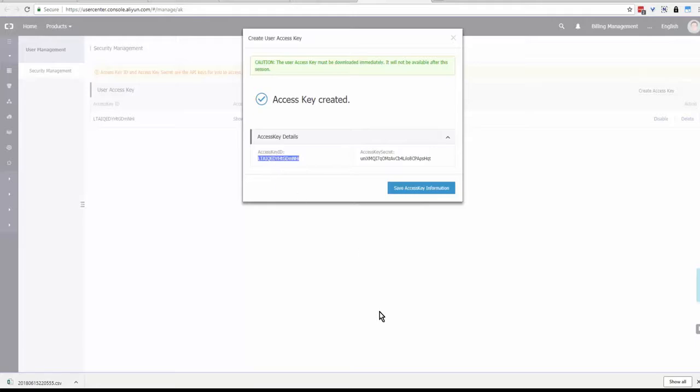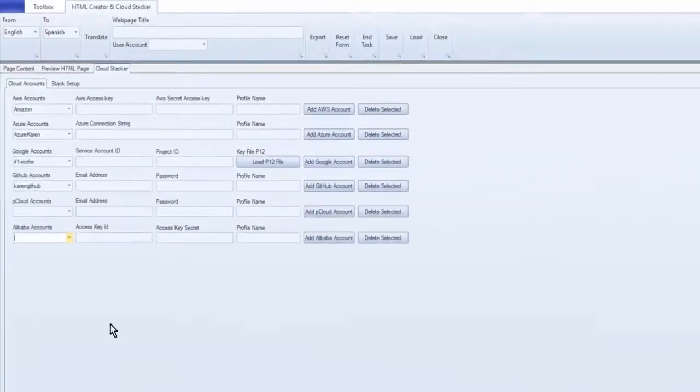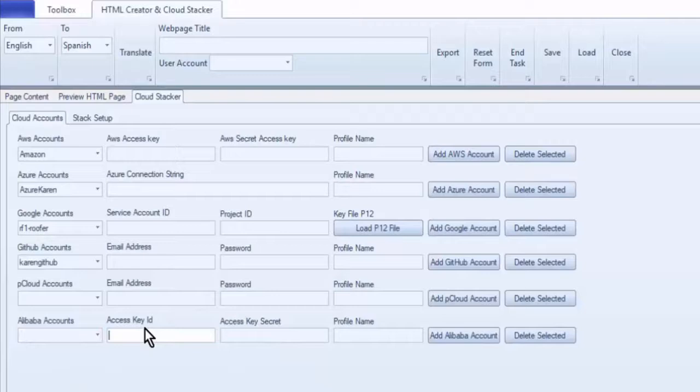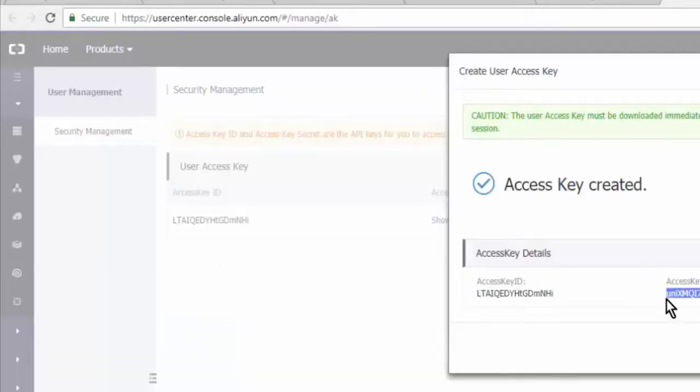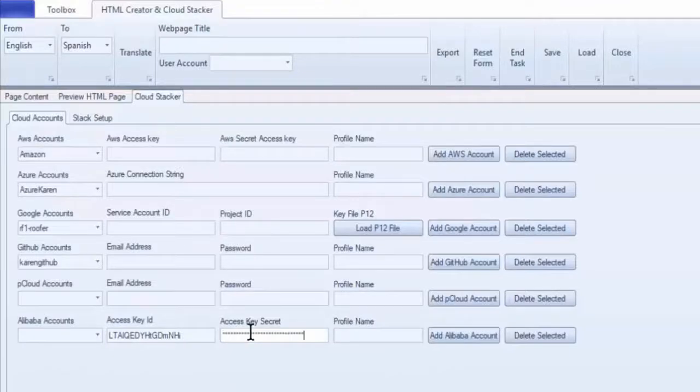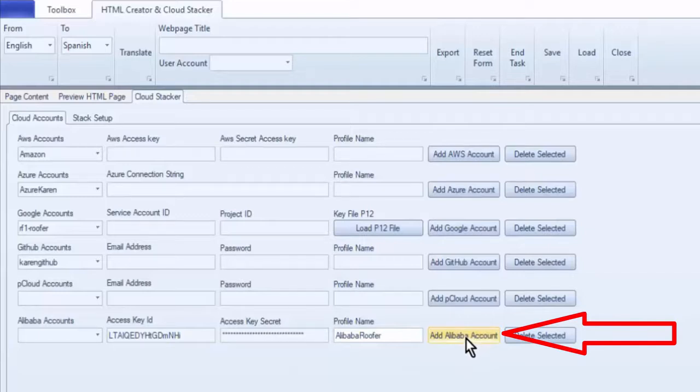So I'm copying the access key ID, open Ranking Factory Revolution software, and I'm pasting the access key ID in the first field. Go back to the access secret, click copy, paste in the access key secret, and give it a profile name. Okay, the name is significant only for you. Once that's all been added, click on Add Alibaba Account. Here it is all set up, and that wraps up